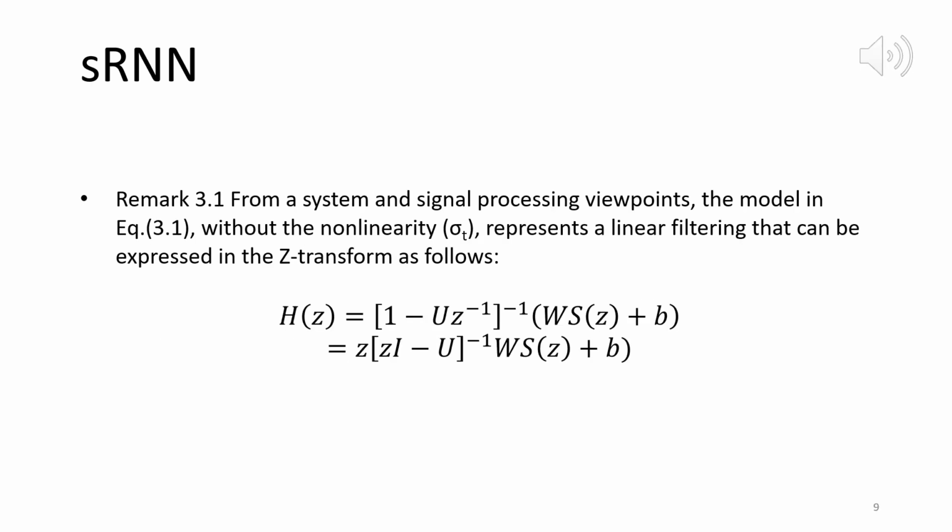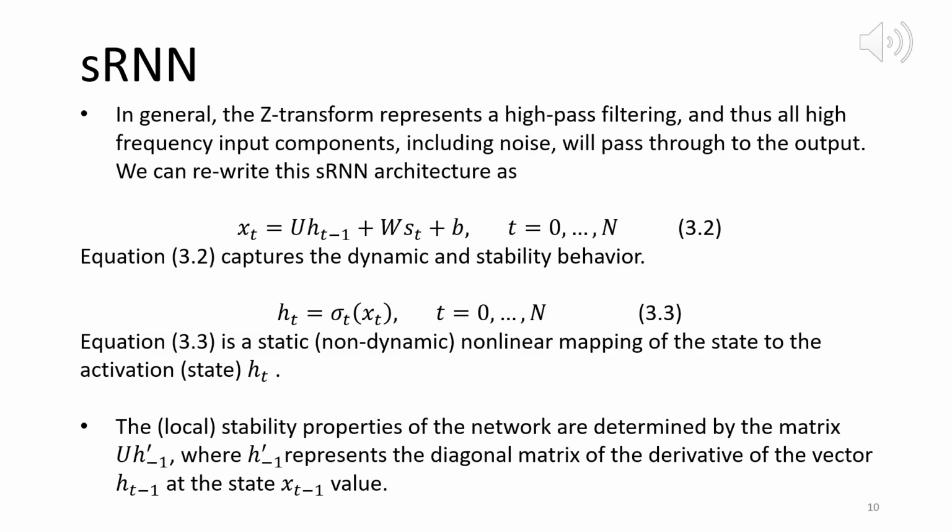Remark 3.1: from a system and signal processing viewpoint, the model in equation 3.1, without the nonlinearity sigma_t, represents a linear filtering that can be expressed in the Z-transform as follows. In general, the Z-transform represents a high-pass filtering, and thus all high-frequency input components, including noise, will pass through to the output. We can rewrite this SRNN architecture as equations 3.2 and 3.3, where we explicitly identify the internal state